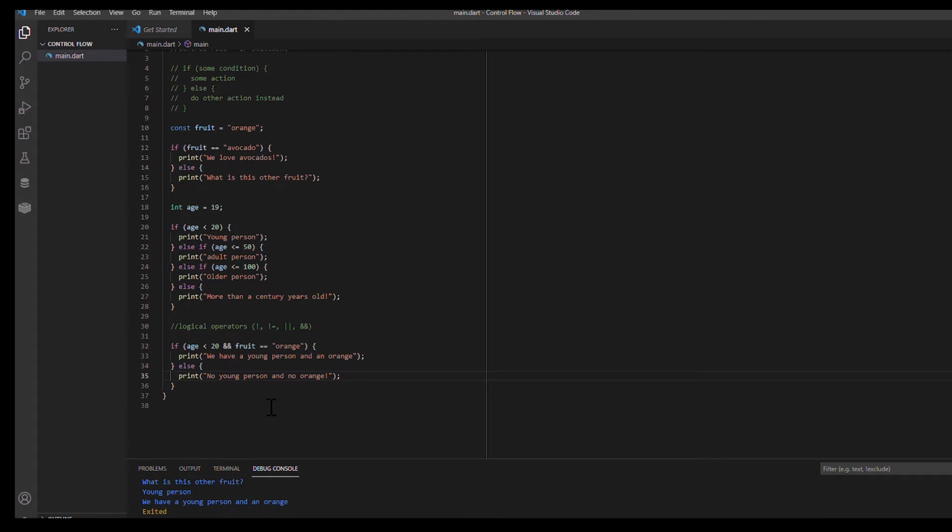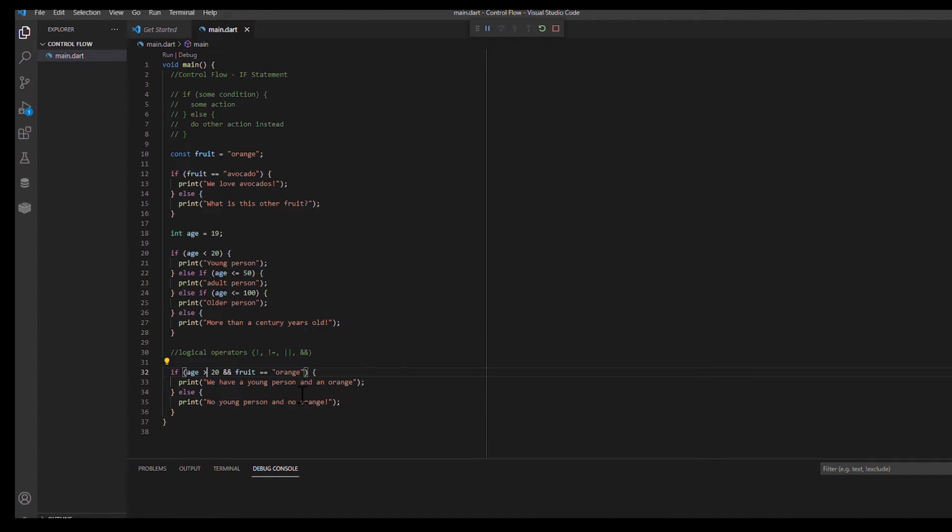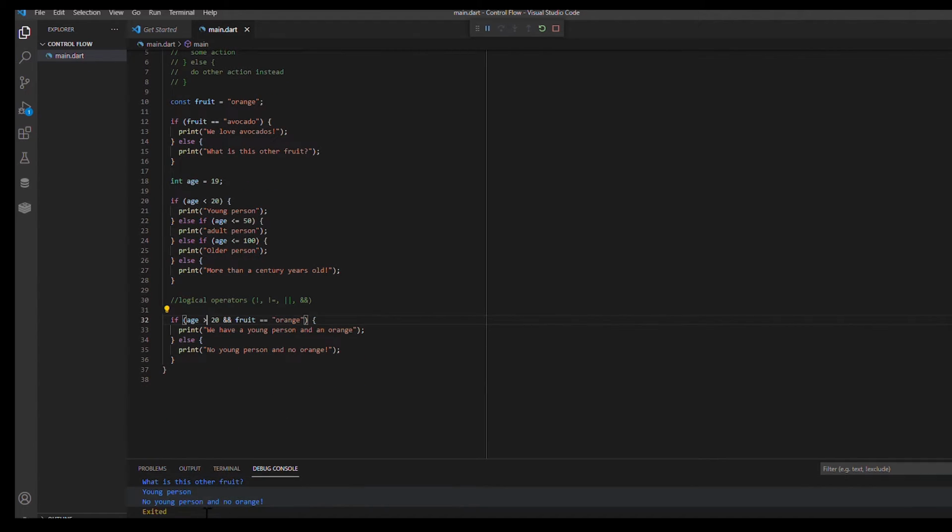Now say we change one of these and say we put age as being greater than 20. Now when we're printing out our if statement, we're getting no young person and no orange. And so this whole statement has evaluated to false. So we see that when we're using the and operator, both conditions need to be true for us to execute what's inside. Now, if we switch this and we use or,